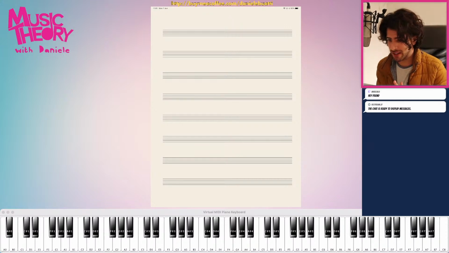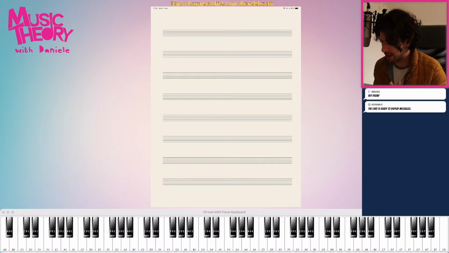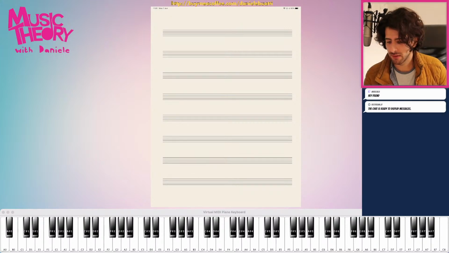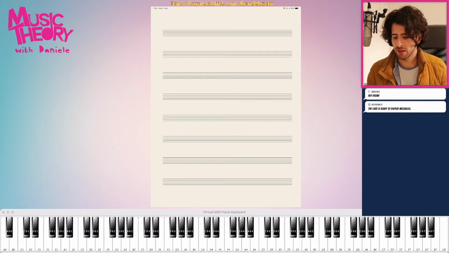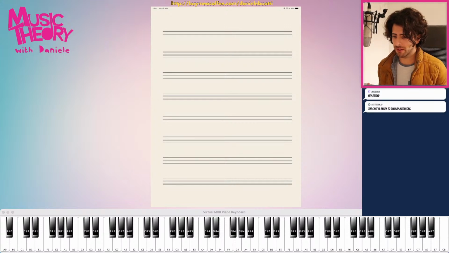Let's go back to the piano for a second. As you can see, the sharp notes, if you can see the actual writing on the keys, are not letters. So we call them sharps and flats. That's a sharp. That's a flat. The sharp will raise one semitone, the flat will lower one semitone. What is a semitone? We'll get there. All you need to know is the sharp will raise it one semitone, the flat will lower it by one semitone.